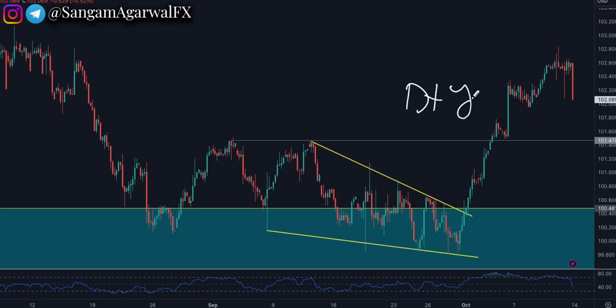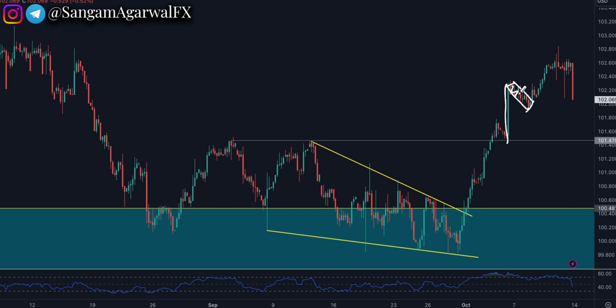Dollar index H4 chart last week, just before closing, you can see a vertical down move and a big red candlestick. On the H4 time frame, RSI was highly overbought, but at the same time price was going up. That was divergence. So now it is going down, but first you see last week it made a flat pattern